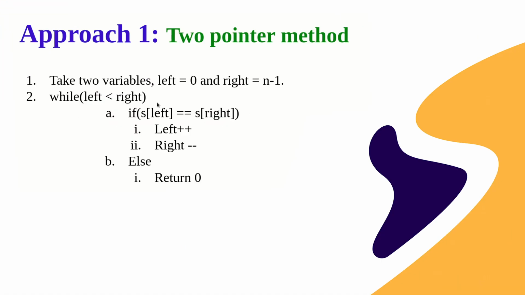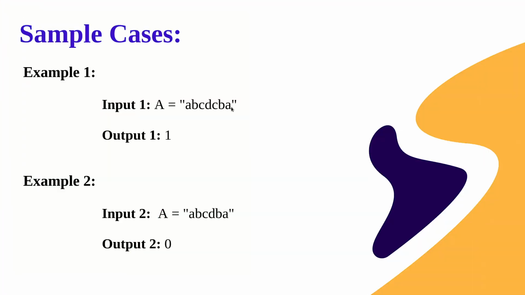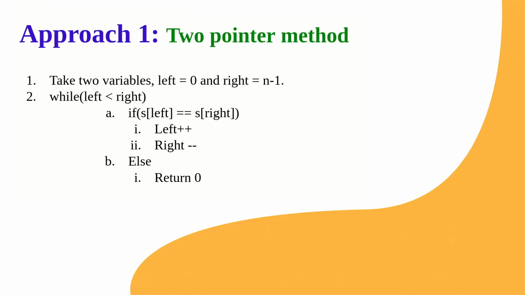And while left is less than right, okay, so while left is less than right refers to we are moving from this side and we are moving from this side. So until left is less than right means until we have come across a single character. So how to understand this? This is same as looping for i equals to 0 to n, but as we are looping with the help of two variables, we define it in this form. Okay, so as we proceed, you will understand why we write the while loop in this manner.